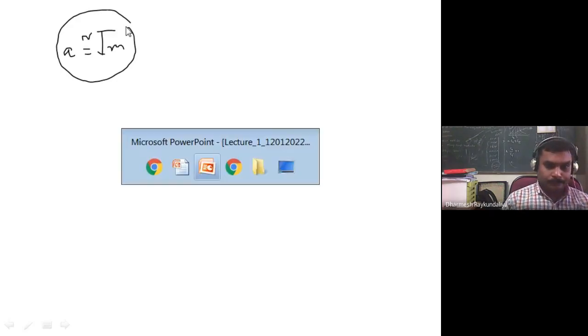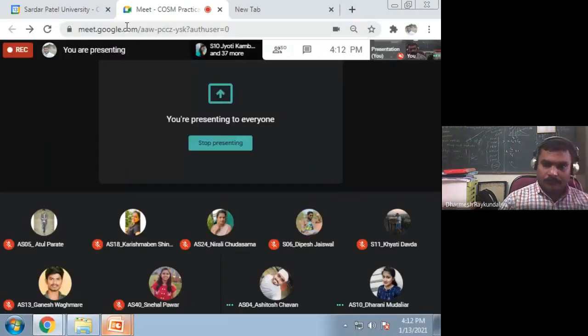So these are the random number generators we have seen. Now I will show you how to generate the same random numbers using the R language. So we will see one or two random numbers. Is that fine?